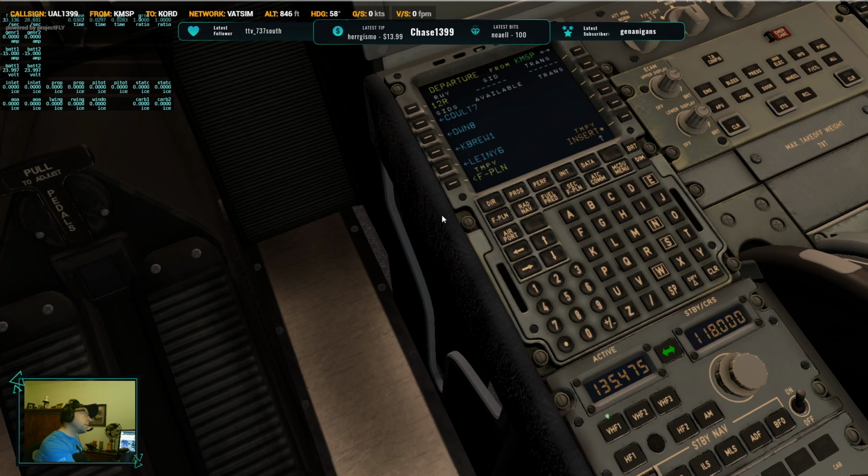12 right. And we're going to do the Rochester 1. Cleared to O'Hare via the departure, climb by SID, climb maintain 7,000 to Rochester. And final altitude is going to be 310. Squawk 3601. Then we're going to pick up the